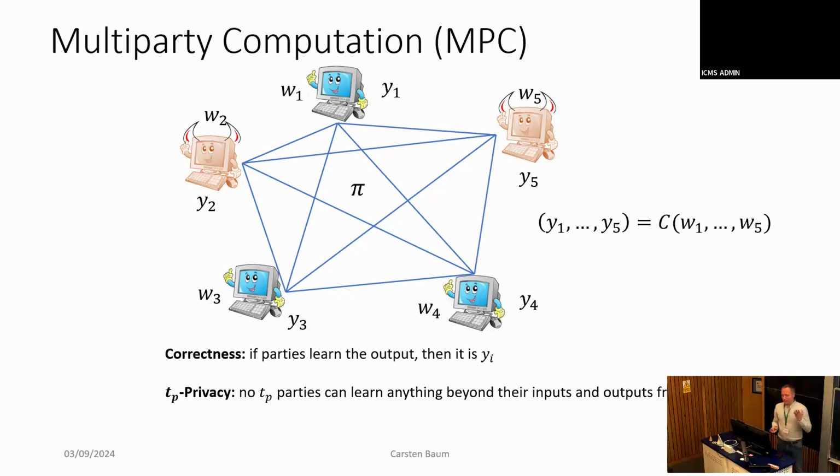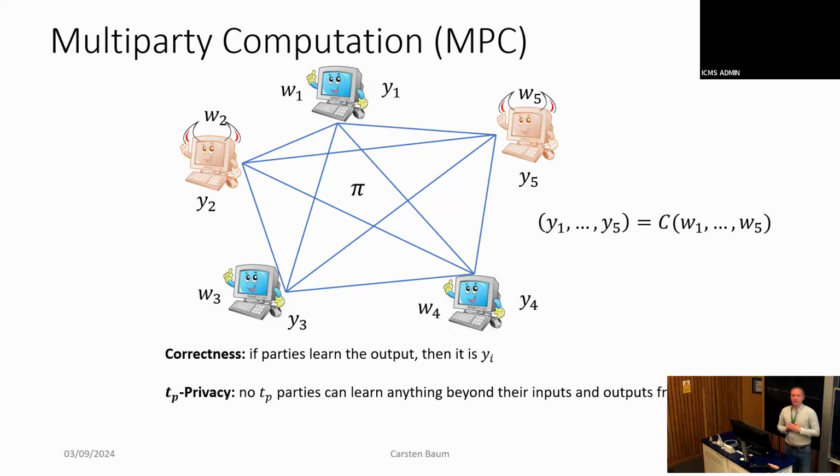And then there are two properties which are dependent on how dishonest parties behave. Right? Yesterday we saw this. Yesterday, John talked about there being honest verifier zero knowledge and the real zero knowledge, right? So in honest verifier zero knowledge, you know that the person on the other side is going to behave according to the protocol, but might want to learn a bit extra. Whereas in real zero knowledge, you don't know what the verifier is going to do. You don't know what kind of strategies it follows. In multi-party computation, you also distinguish these two cases.